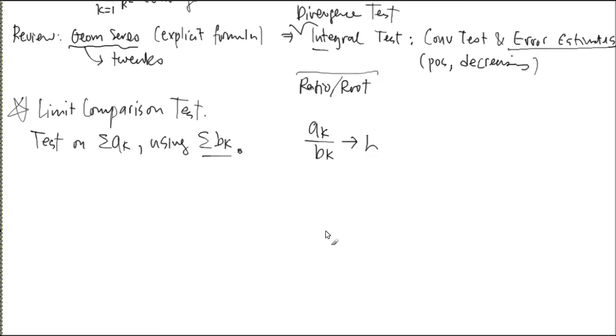This is a_k divided by b_k. b_k is relatively simpler. Suppose these are approaching L. Okay, so there are various cases. If L exists and L is greater than 0, then, for example, if L is 2, then